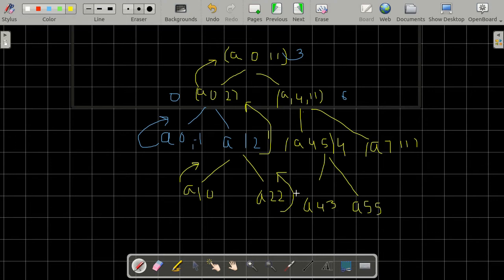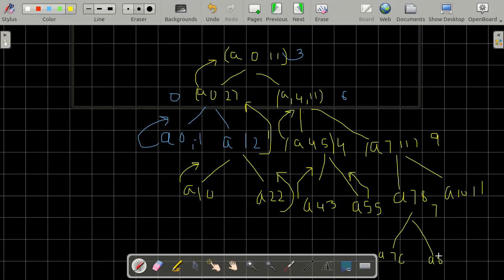Now this is not a valid array, so we are going to return, and this is just a single element, so over here also we'll return. Now the elements from 4 to 5 are in a sorted order, so we are going to return. Now we come to this part. Now if suppose the pivot was 9, so we'll have a call from A7 to 8 and A10 to 11. Now supposing the pivot was 7, we'll have a call from A7 to 6 and A8 to 8.